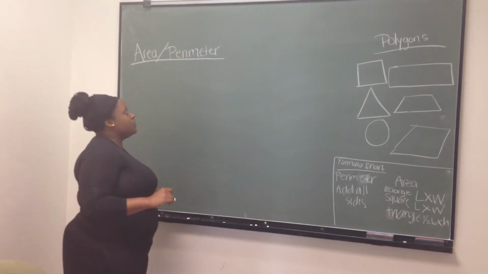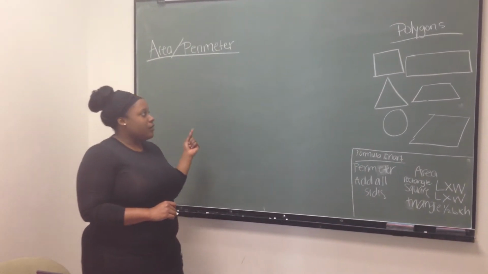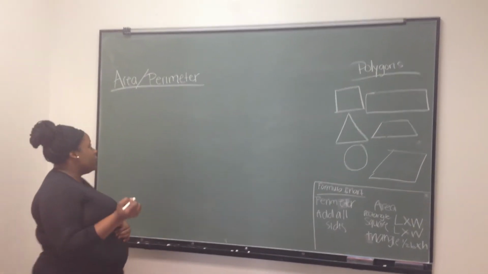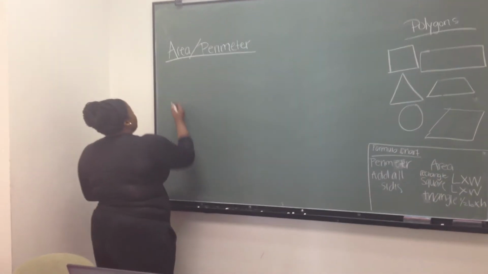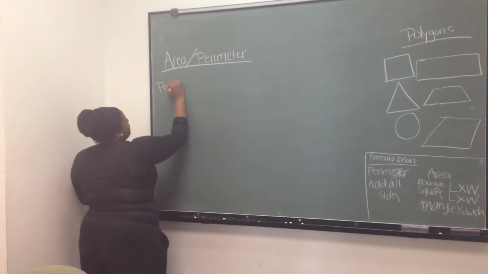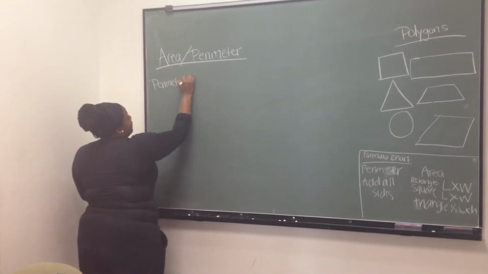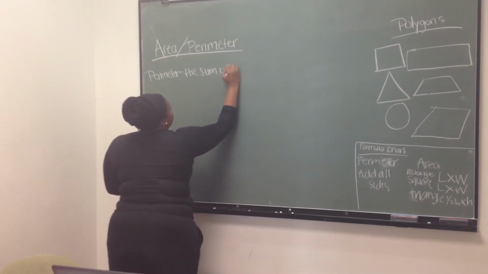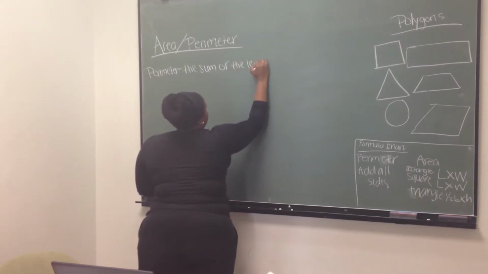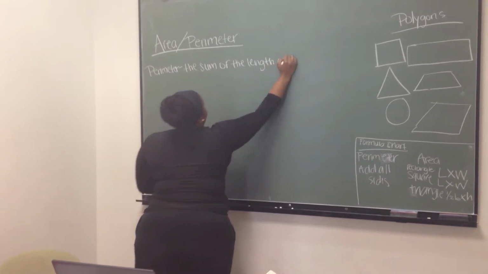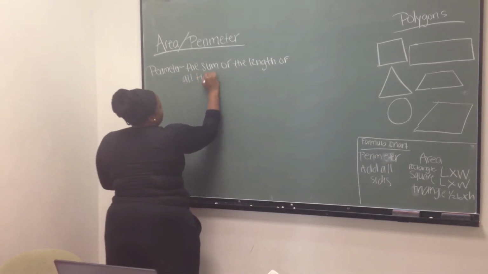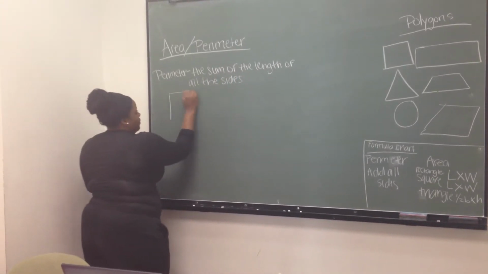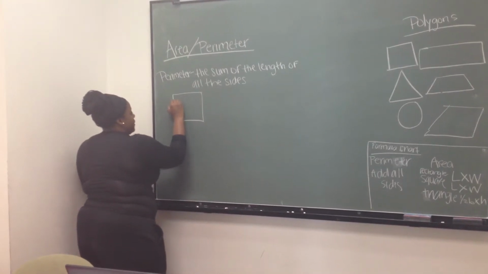Okay, and today we're going to learn how to calculate the measurements of some of these polygons. The first measurement we're going to talk about is perimeter. The perimeter is the sum of the length of all the sides. So for example, if I have a square, sorry my square is not that perfect and I just